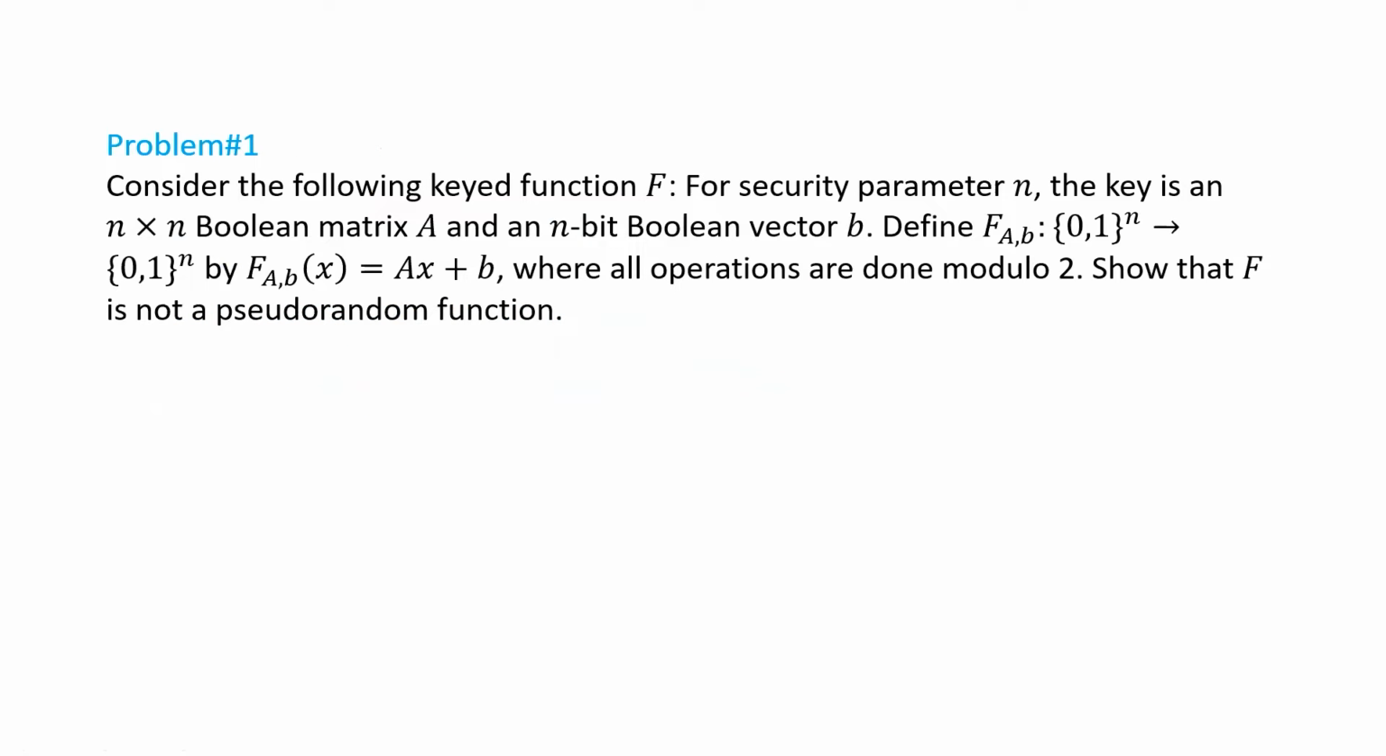So let's proceed to this week's assignment and problem solving. The first problem is: consider the following keyed function f such that for security parameter n, the key is an n cross n Boolean matrix A and an n bit Boolean vector B. Now you define the function f with secret (A, B), which maps an n-bit binary string to an n-bit output binary string such that f(x) is Ax plus B, where all operations are done modulo 2. You have to show that f is not a pseudo-random function. If you recall, the property of a pseudo-random function is that